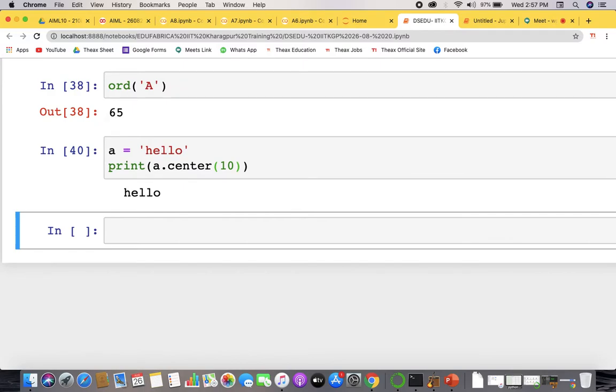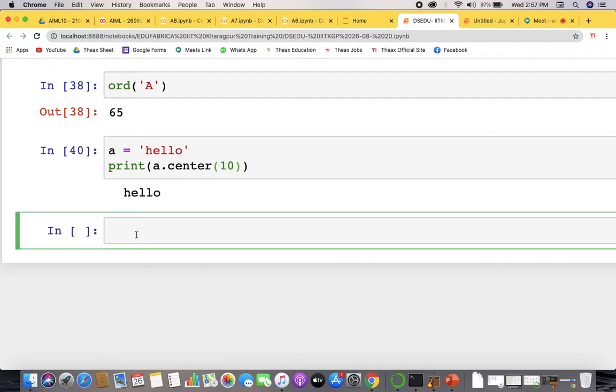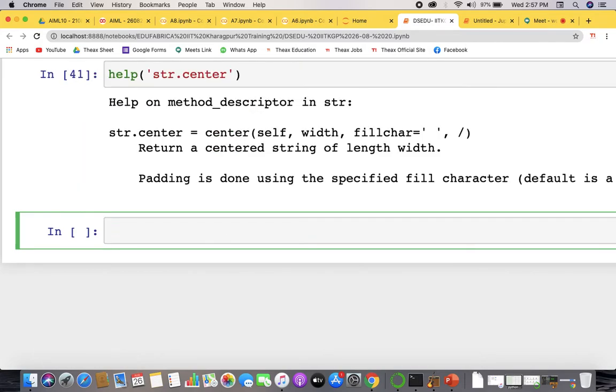So write 10 for the padding. Let's see what it does actually with help of str.center.